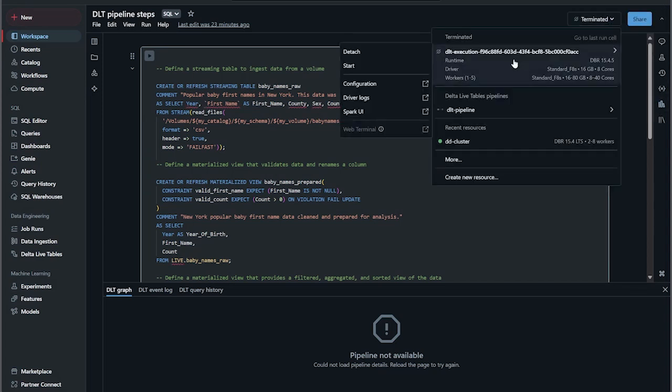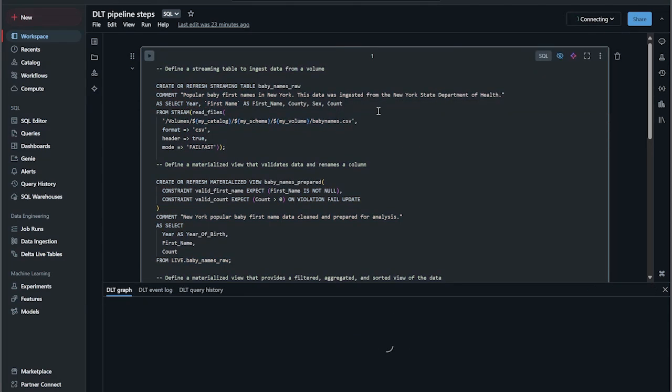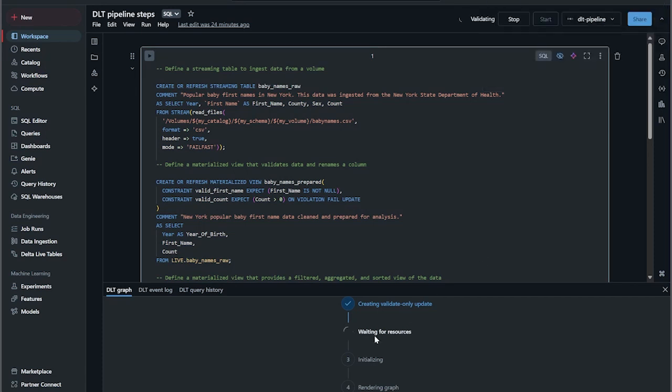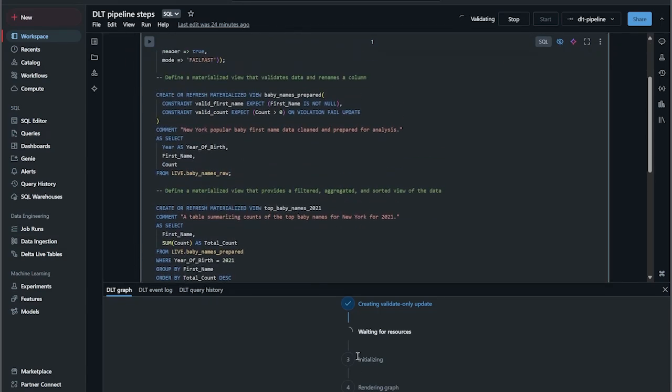Let's take a look here. So now I want to connect to it. And now I'm connecting to it. So it should now track the resources. That's what it's waiting for here, the compute resources and the actual script itself before it can test this out. So we're going to sit here and let the magic of video validate this and make sure everything's properly configured, and then we'll come back and actually execute it and see where all these things land.